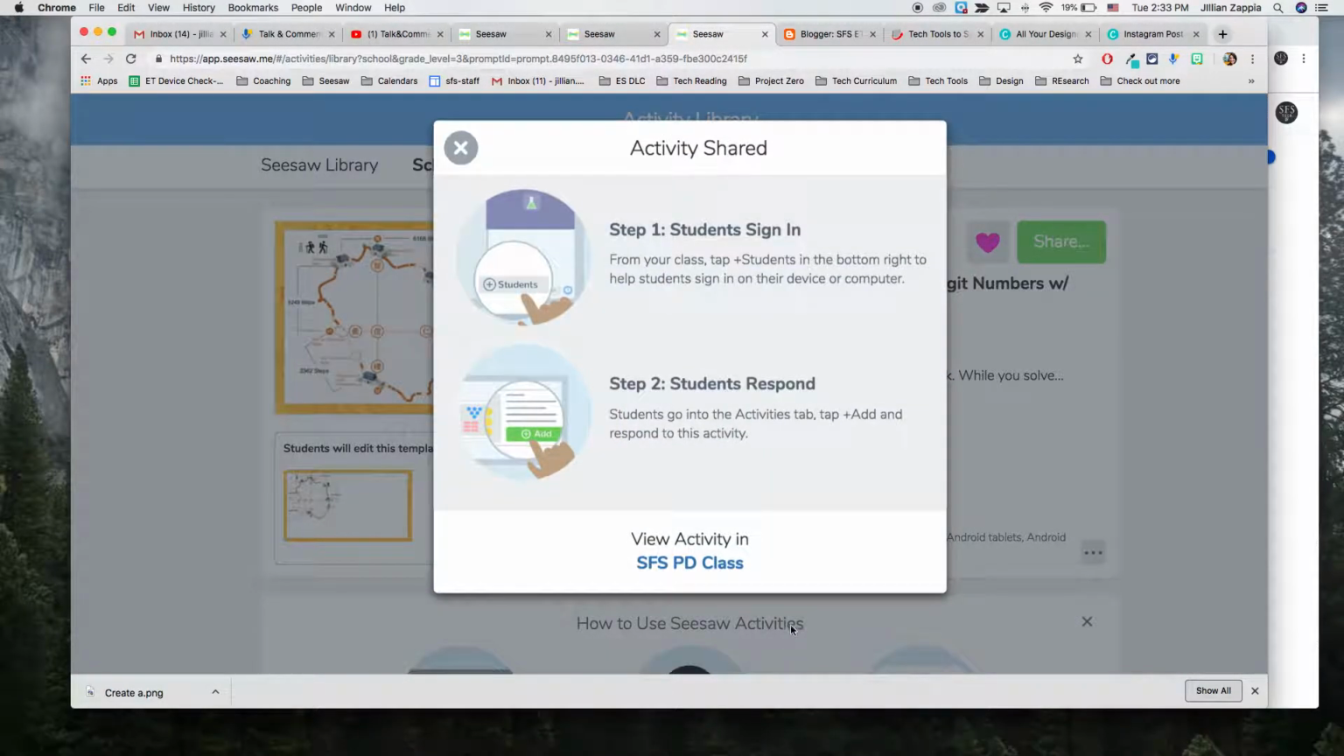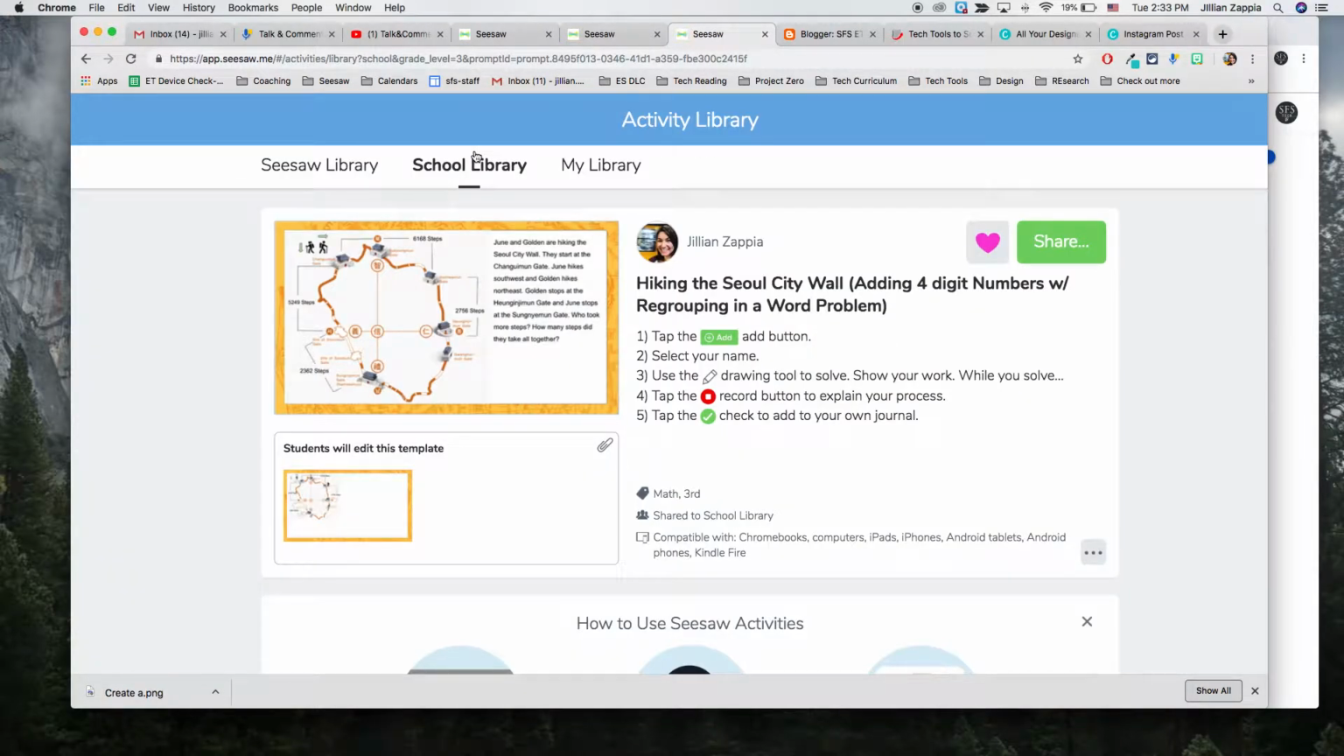And then, like I said before, you can also assign each activity to all of the students and let them choose which they would complete, because that's a level or type of differentiation, as well as letting the